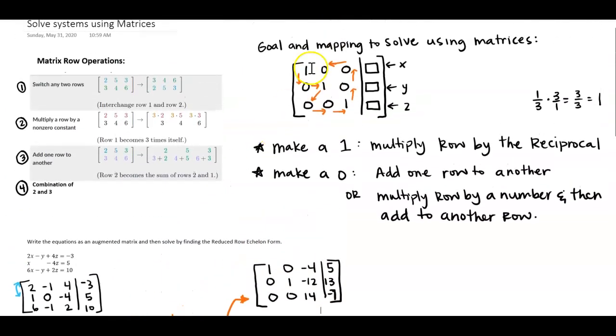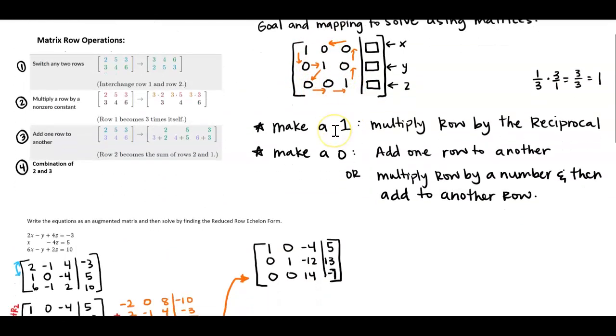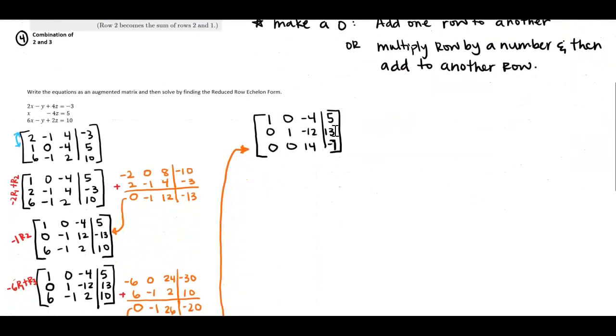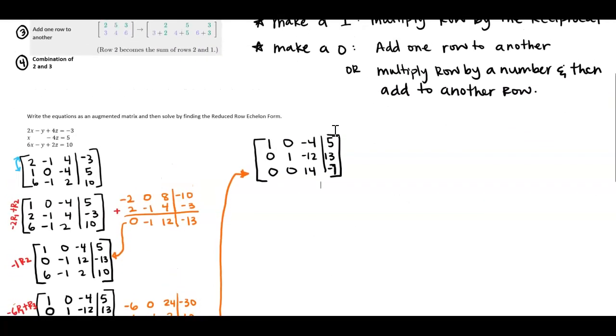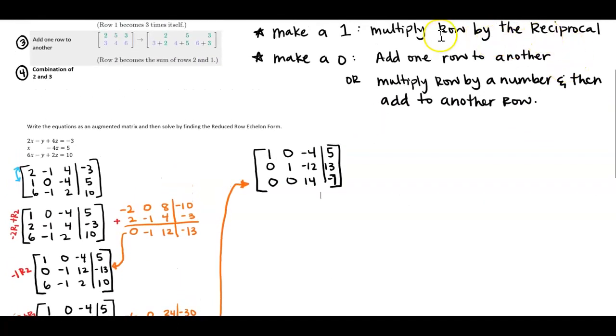Remember, let's go back up here. We've done all of this. We're now here. I want to make that 14 into a 1. So I'm going to do that by multiplying by the reciprocal. We said to make a 1, we can multiply that row by the reciprocal. Well, the reciprocal of 14 would be 1/14. So I'm going to multiply 1/14 by row 3. And some people say it's easier for them to think about division with it, you know, timesing by 1/14